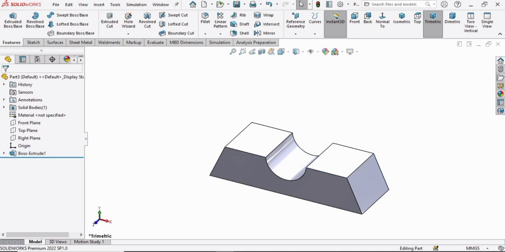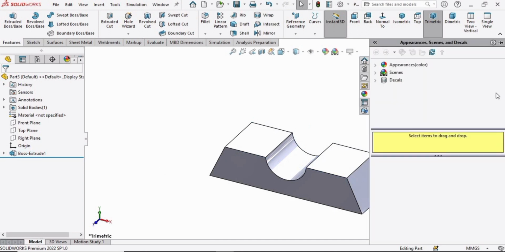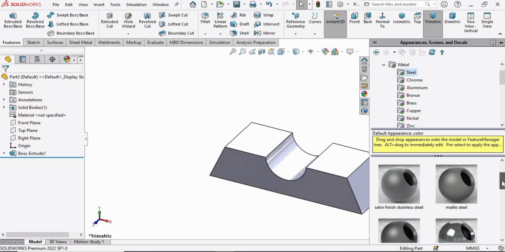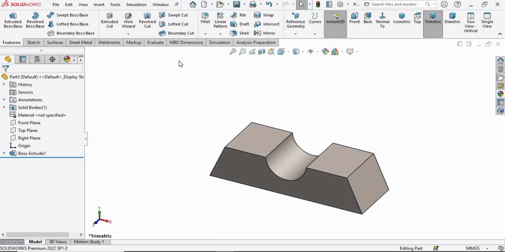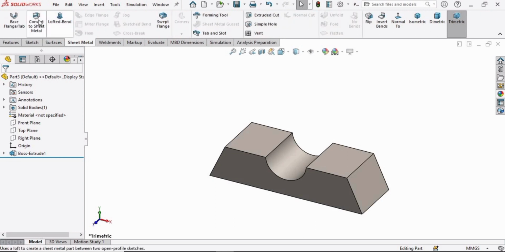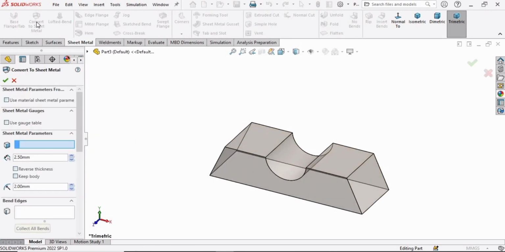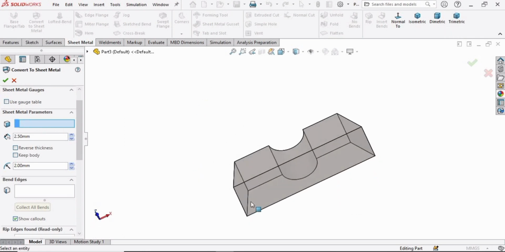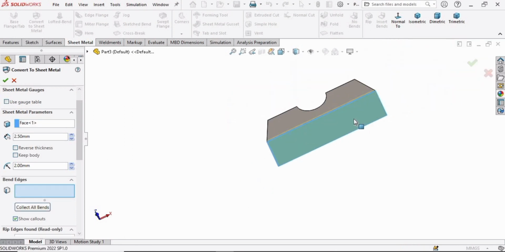Now our part is ready to be converted into a sheet metal one, but before that let's define some appearance. So in metal you can define any appearance you like. I am defining this one. And now we have to select this sheet metal and select this convert to sheet metal command. And here in this parameter window we have to select the bottom face of our part. So rotate this part, select the bottom face, this one. Okay,